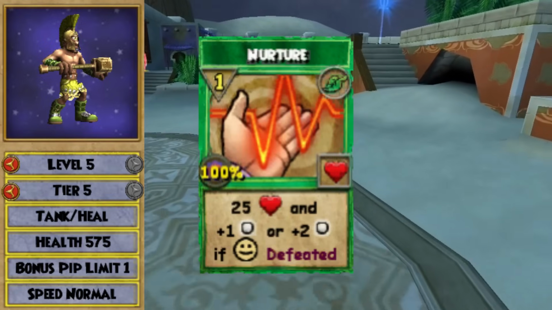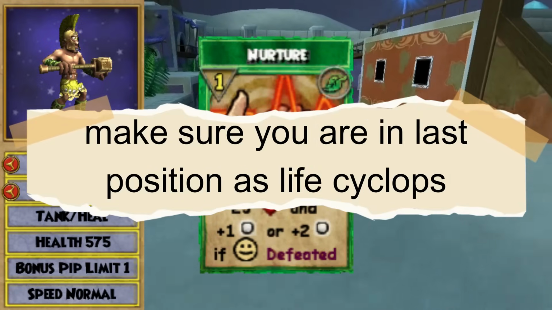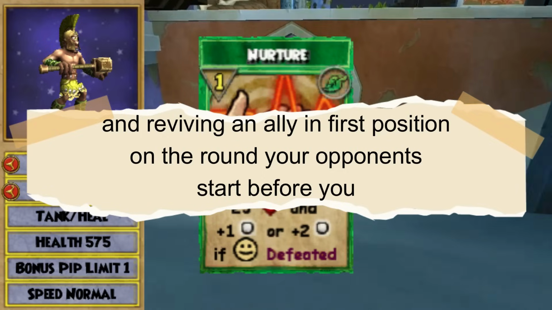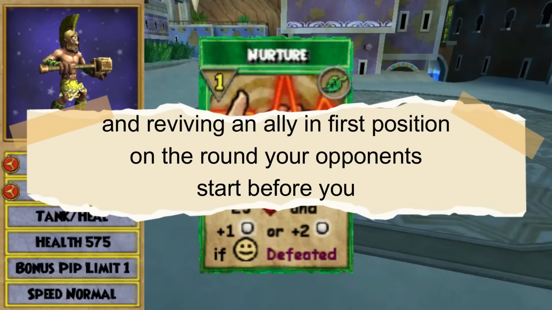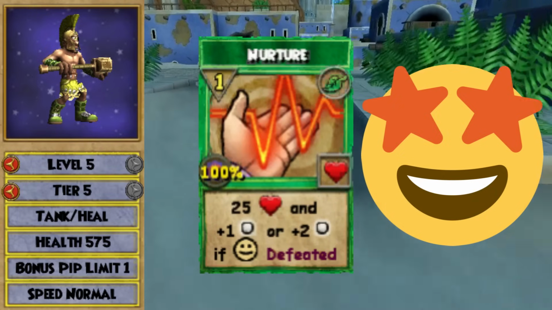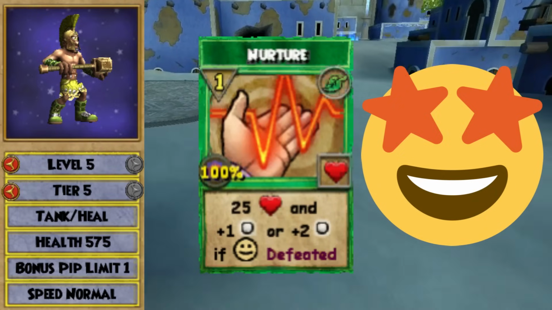But you need to be careful with order and positioning. Make sure you are in last position as Life Cyclops and reviving an ally in first position on the round your opponents start before you. If you follow this criteria, it's guaranteed your newly revived ally gets a free turn with 3 pips since they'll